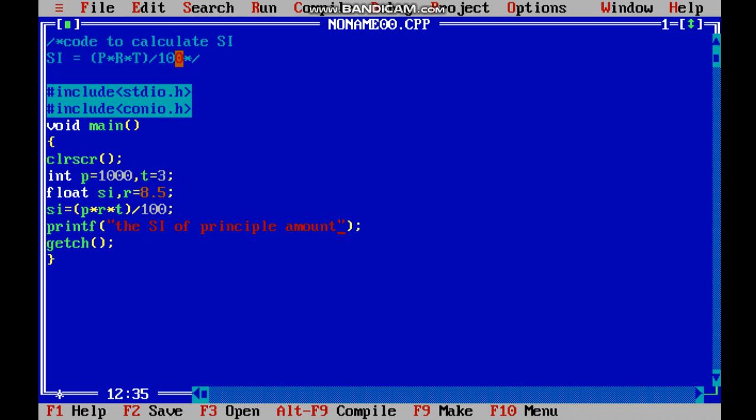The principal amount is in integer, so the format specifier is modulus d. The answer is in SI, so SI is float, that means modulus f. So modulus d is for P, and modulus f I used for SI, right? Now we got the output.